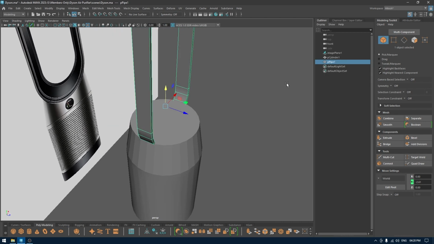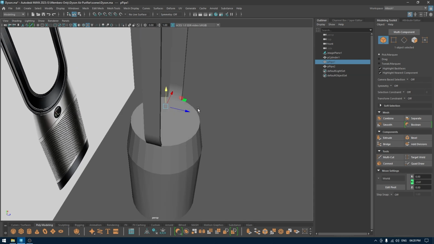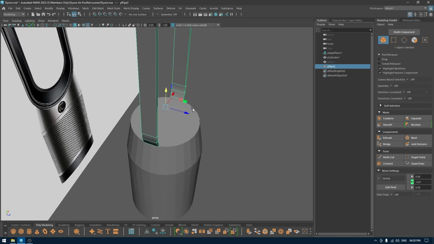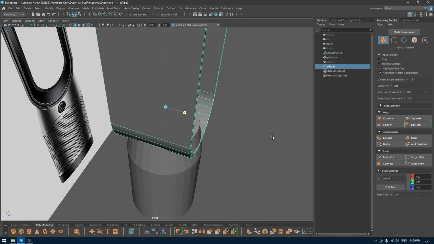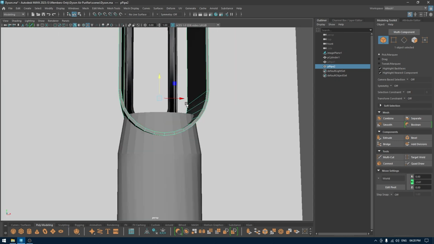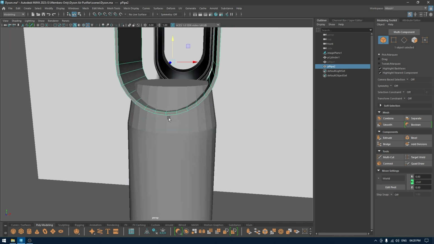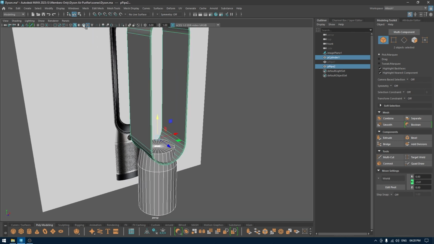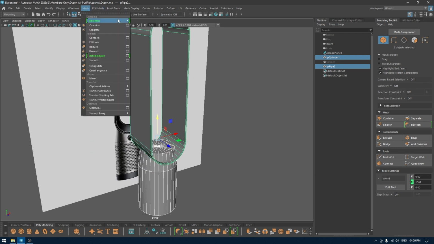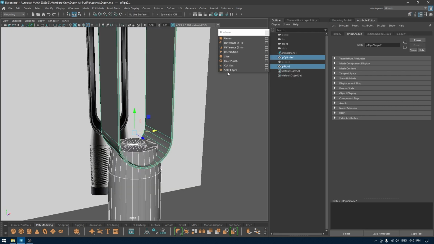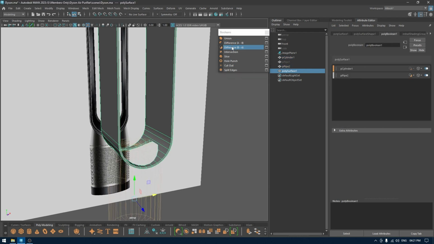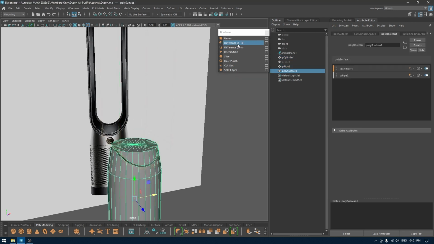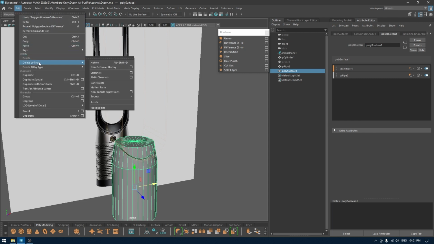So what I'm going to do is create a duplicate and hide the other one. Select the duplicated pipe, and I'm going to scale this up like this, and we're going to use the booleans to cut this part out. So I'm going to select these two, go to mesh, booleans, and I'm going to use either this difference, edit, delete by type, history,